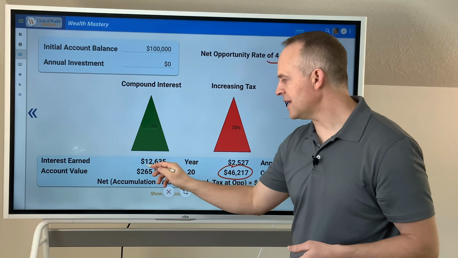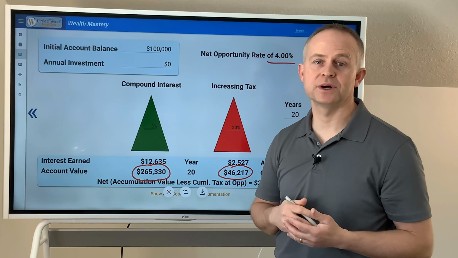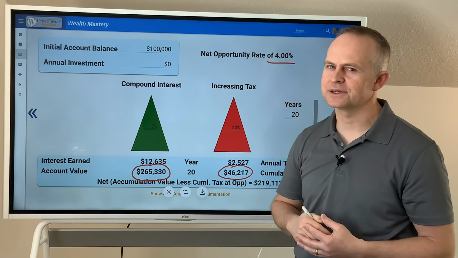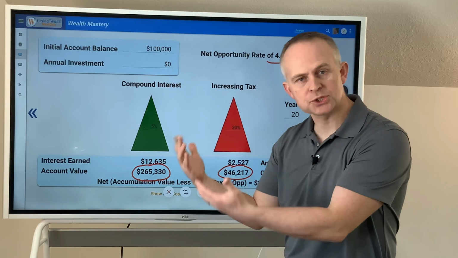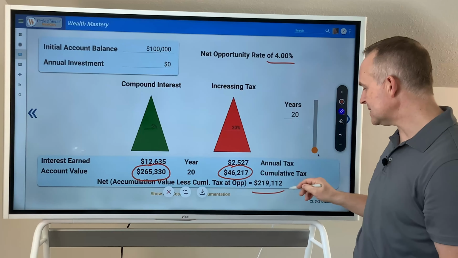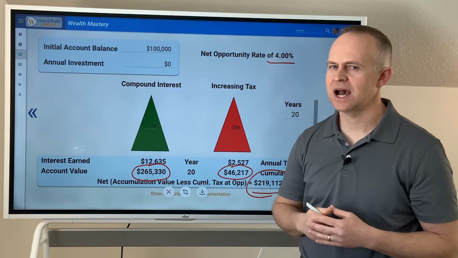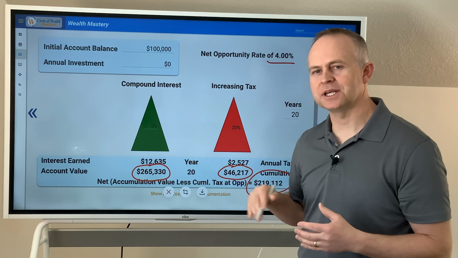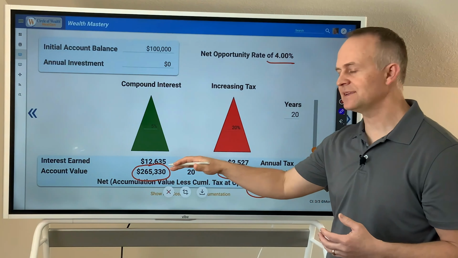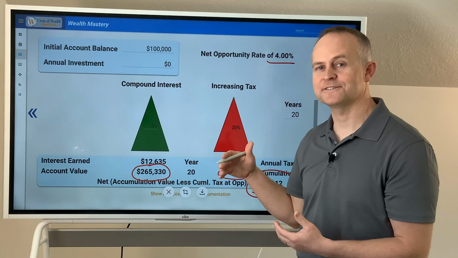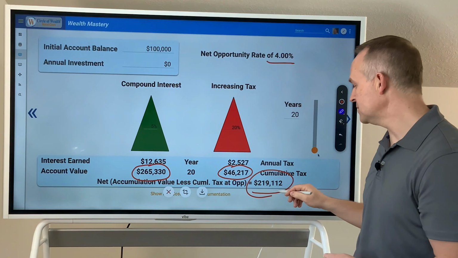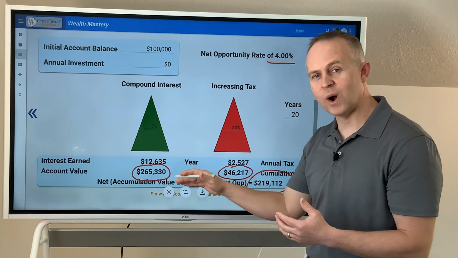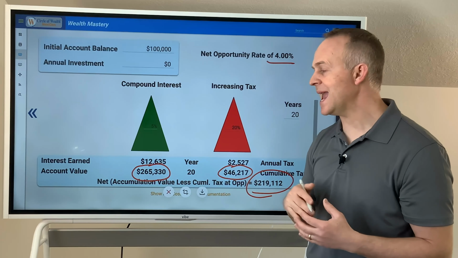In fact, it's not that you have $265,000 in your account possibly, but you've paid $46,000 in taxes and lost opportunity cost for a net of $219,000. So if you want your money to actually be $265,000, then you have to have your money in an account where it grows tax-free. And that is a big difference between $219,000 and $265,000. That is what we call a major wealth transfer. That is transferring away a lot of money